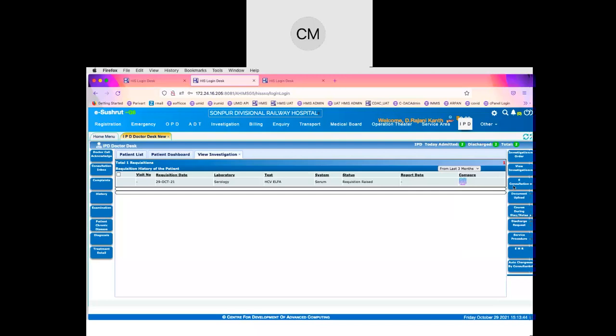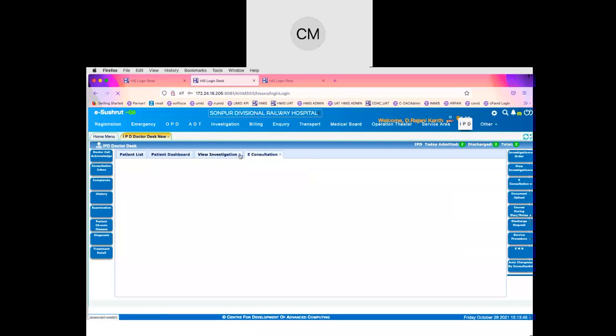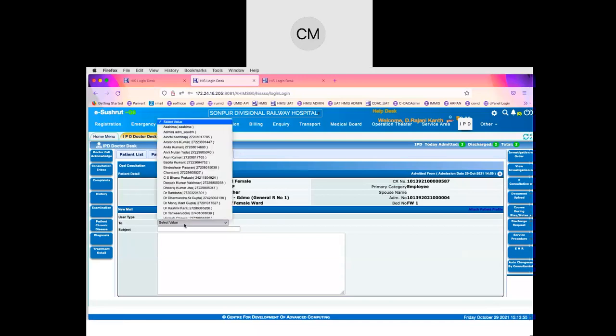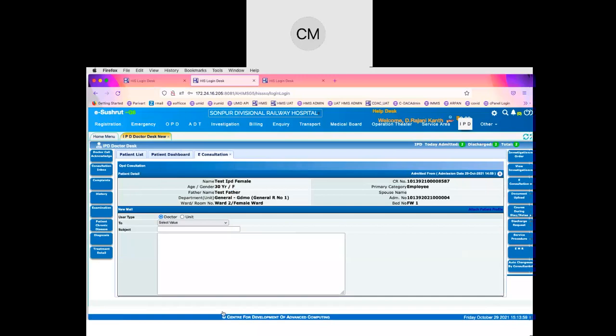And in the e-consultation, we've already talked, so the cross-consultation related aspects will come here. So a doctor can initiate the request either by the department unit or by the doctor. So a specific request can be raised for cross consultation, and they can enter the reasons or the remarks here. So those things will get reflected in the second option on the left, the consultation inbox. So that can be acknowledged by the doctor, and accordingly the consultations can be scheduled.